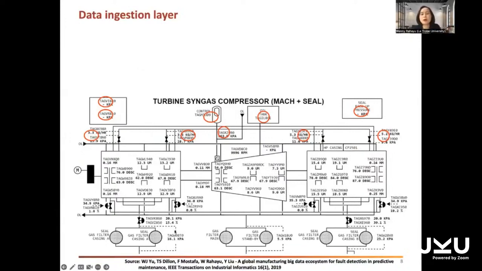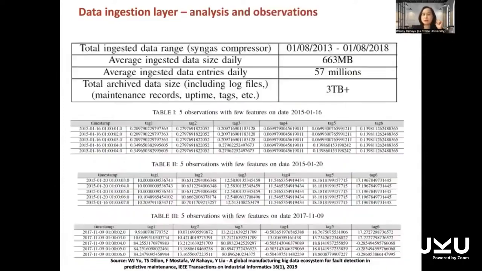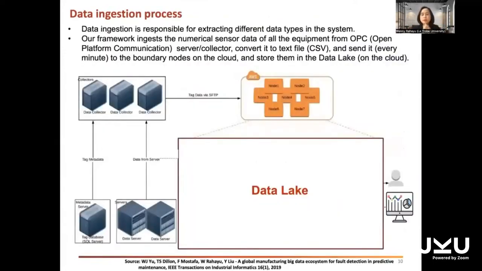This is an example of a machine, a compressor, just one part of a machine that we use as a case study here. Every spare part will have sensors associated with it, and every machine will have, as I mentioned before, multiple arrays of sensors. A typical size of data just for one compressor is about 600 megabytes per day of real data streams that are stored for the sensors installed within that particular machine.